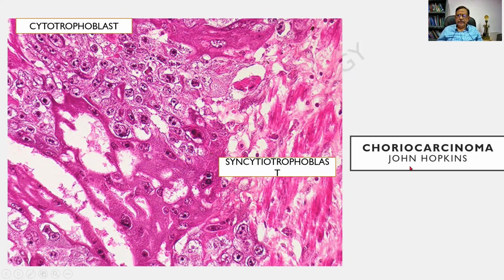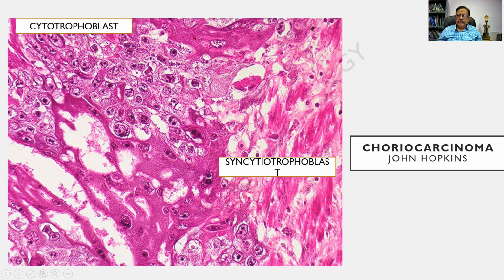This is a histological picture derived from Johns Hopkins, a beautiful slide. I am finding two components. Just remember that there is a cytotrophoblast and there is a syncytiotrophoblast. I am finding that the cells are large, and this slightly darker structure is the nucleus. There is a vesicular nucleus. Vesicular means it will allow light to pass through. Round or polygonal cells and there is a vesicular nucleus. I am finding a dot, that is a nucleolus. So there is a nucleus, this is a nucleolus, and this is a cluster of cells.